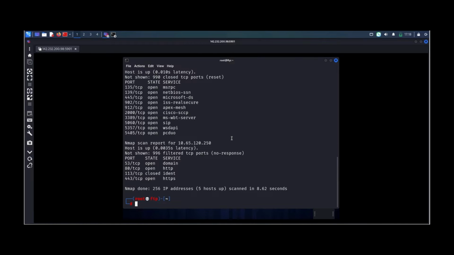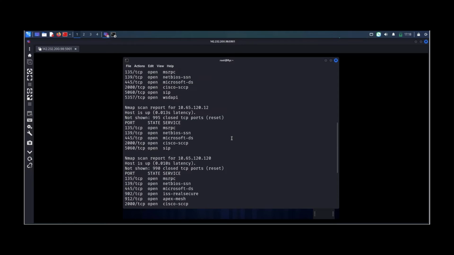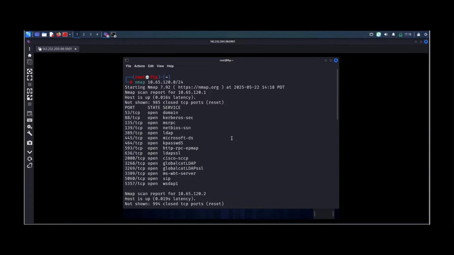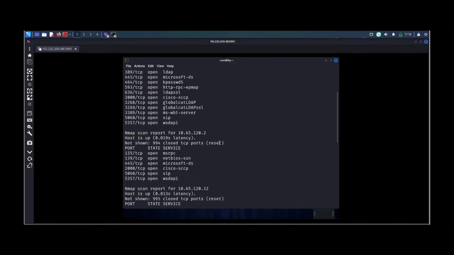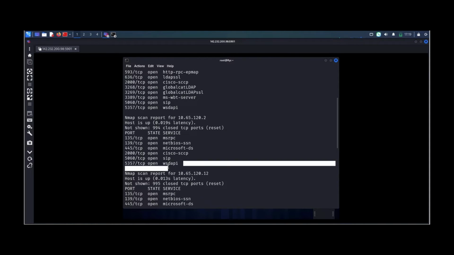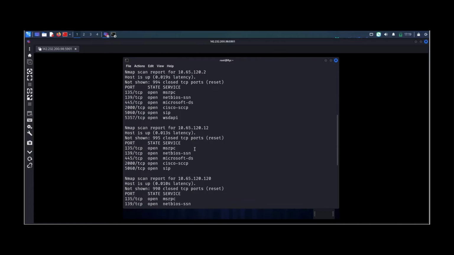Okay, the nmap is done. Let's scroll a little up, see what we have discovered. All right. So we have port 53 for DNS, WSD API, LDAP, looks like a Windows domain controller. Yeah, MSRPC, yep, WSD API, another Windows machine,